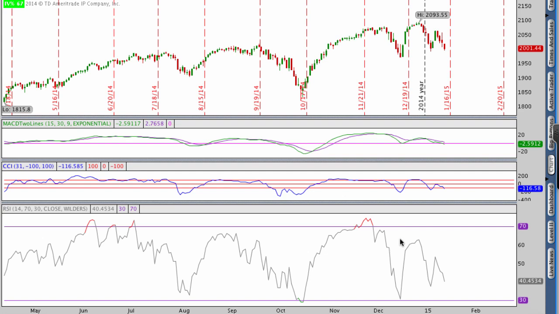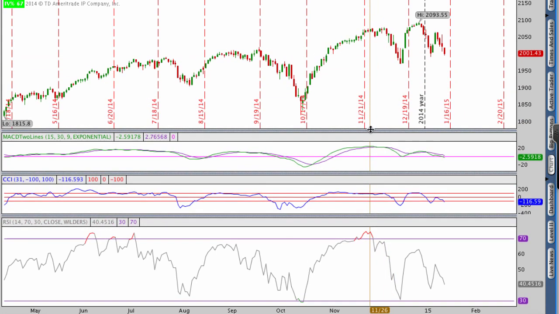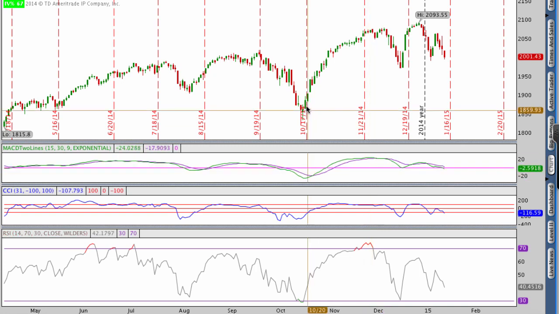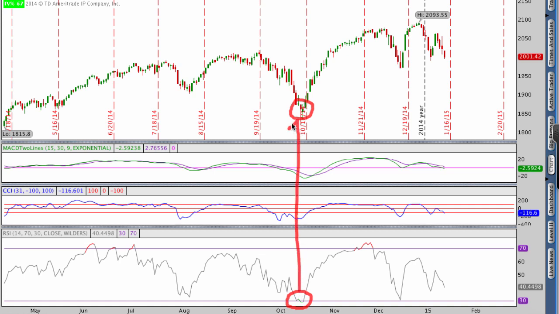Now when we look back in time again with CCI and MACD, and let me just smush these down a little bit. Here's a look at the S&P 500. You can see that we did get a reading all the way down here on RSI below 30, which ended up being almost a perfect buy on the market because stocks really bottomed out from that point and continued to